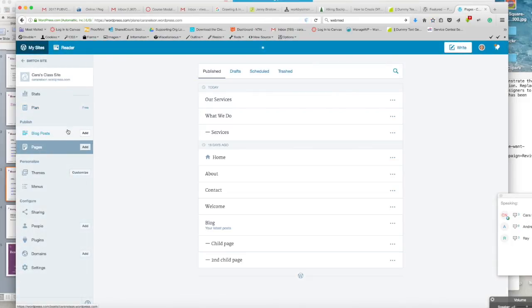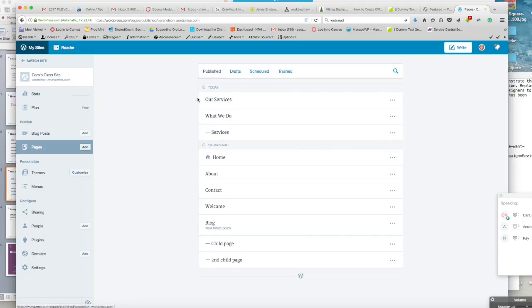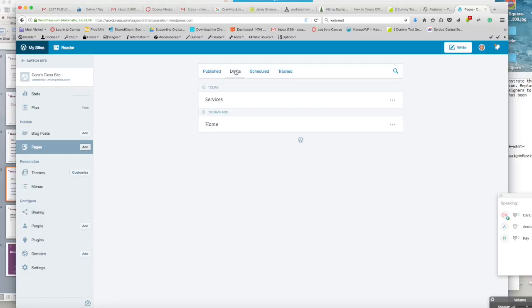Always save your work. Now, if you lose your page and you click on pages, every page that's related to that site will be in this list, and your most recent work will probably be on the top of the list. Then you just click it here to get back to the page to work on it. And if you didn't save it, it might be in your draft folder. I have a draft for services in here. If you clicked off, it'll automatically save a draft for you. So if you didn't quite get it to published, click on your draft and you can probably find it there. Okay. So